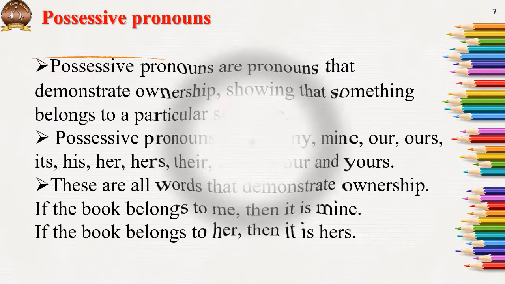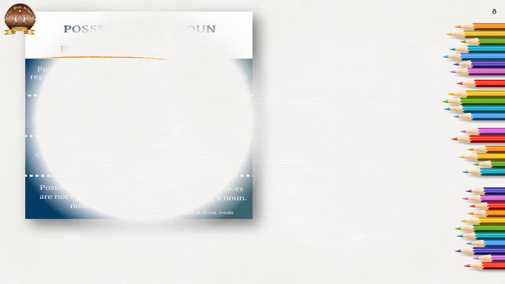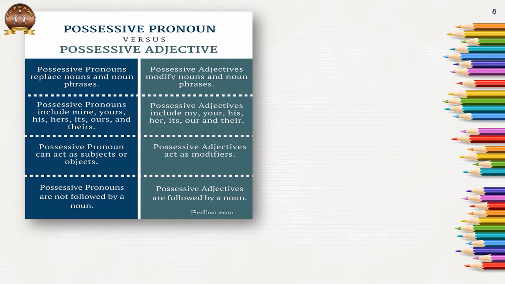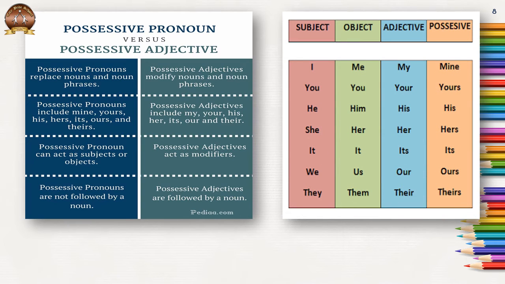So when they are used as pronouns, they never come before a noun. They come mostly at the end of the sentence. So they, as pronouns, replace a noun or noun phrase, but as possessive adjectives, they modify a noun or noun phrase. Okay, so the possessive adjectives are my, your, his, her, its, our and their, and the pronouns are mine, yours, his, hers, its, ours and theirs. Now his and its remain the same, others all have an s, and my completely changes to mine.